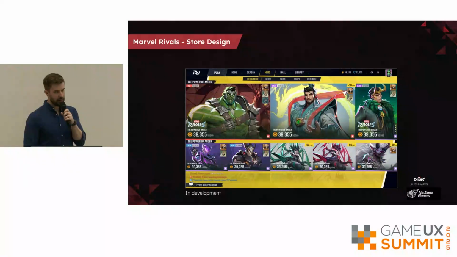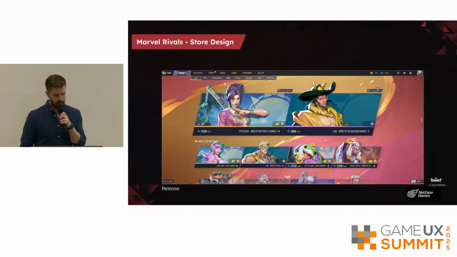Here is an earlier in-development version of their store. So you can already see some of the stuff I talked about in the previous version as well about layout, but you can see from the visual design, information layout, UX patterns, they all communicate a lot of pressure, whether that's the bright colors or all the tags across all the different elements and so on. Whereas here is the current store design. So we adjusted the visuals to really reduce the sense of immediacy. There's more space, there's less pressuring patterns, and generally a calmer layout.